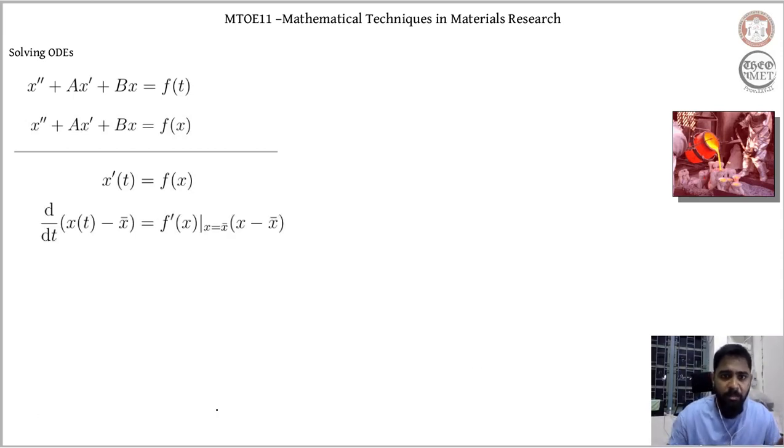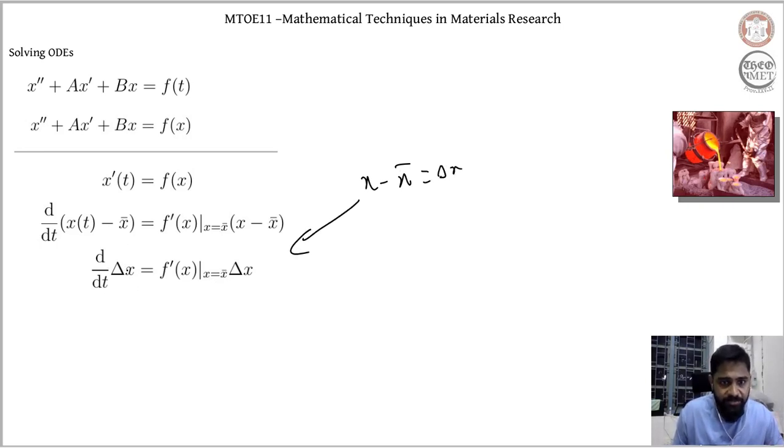So basically both sides of this expression have x minus x bar. So this x minus x bar, I can write as delta x and rewrite this expression like this. I can replace x minus x bar with delta x, and this delta x can be substituted here, and the entire nonlinear expression can be rewritten in this way.